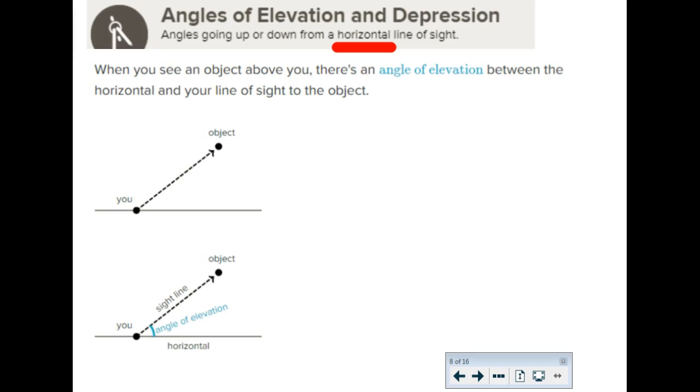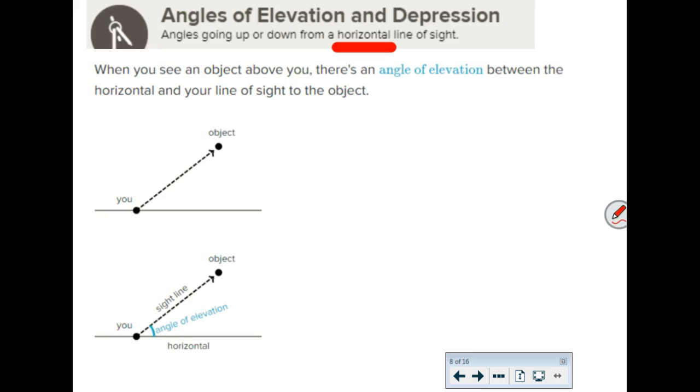And for PreCalc, because this is not your first rodeo, guys, you've done these for quite a few years now, you're going to often find that these questions don't have any diagrams drawn for you, especially the more basic ones, like the ladder leaning up against the house kind of questions. So a concept that we run into problems with sometimes at all levels of math is where the angles go. They're going to say things like angle of depression and angle of elevation,